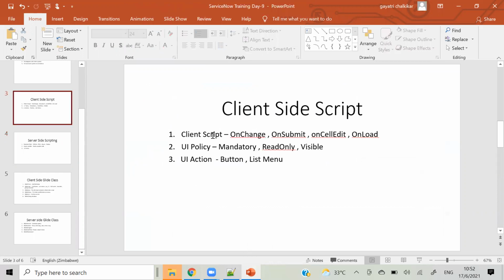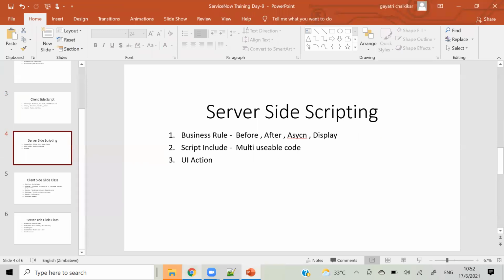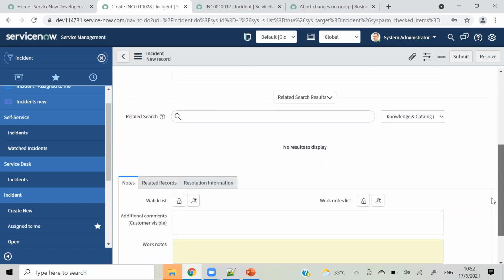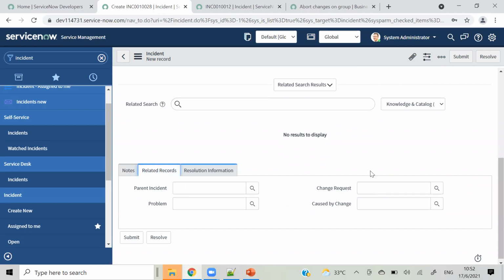Okay, Sharath. Yeah, this is 100% the basic requirement we will have in ServiceNow, and then we will have one more requirement. So this is our incident, and using incident we have created a problem ticket, or a change request.